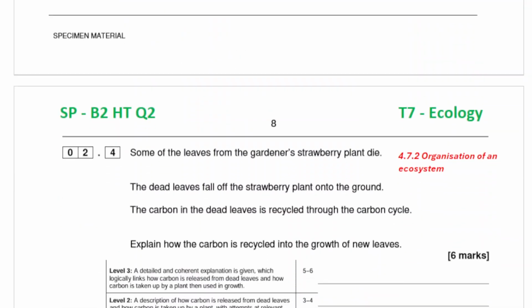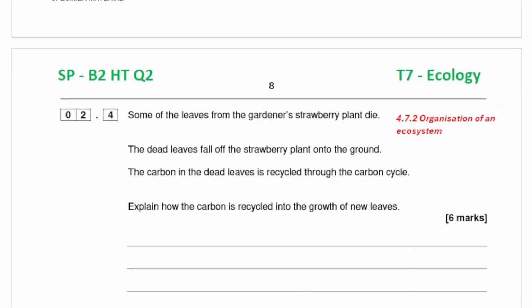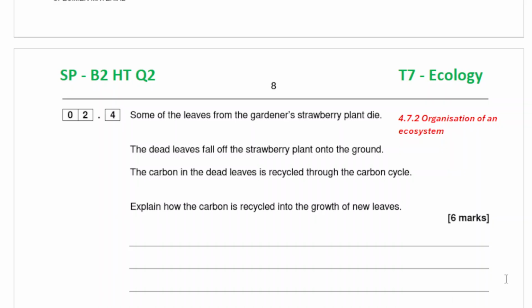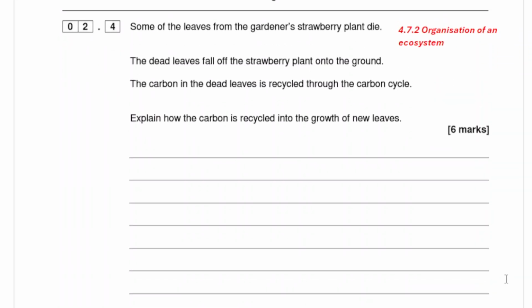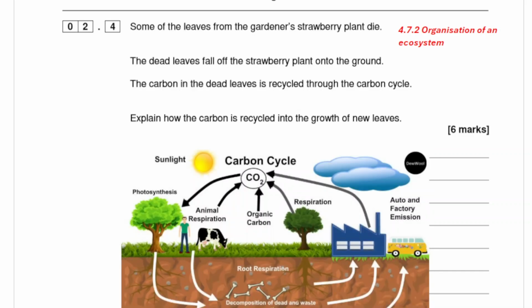Some of the leaves from the gardener's strawberry plants die. The dead leaves fall off the strawberry plant onto the ground. The carbon in the dead leaves is recycled through the carbon cycle. Remember the carbon cycle. Let me show you an example of the diagram of the carbon cycle, so then we can discuss the answer. So remember, in the carbon cycle,